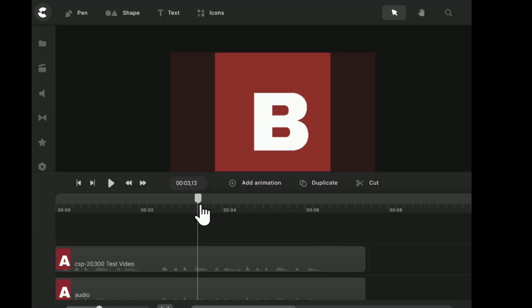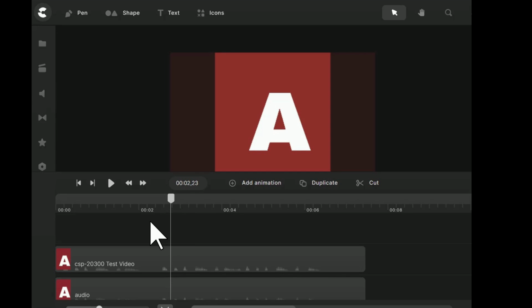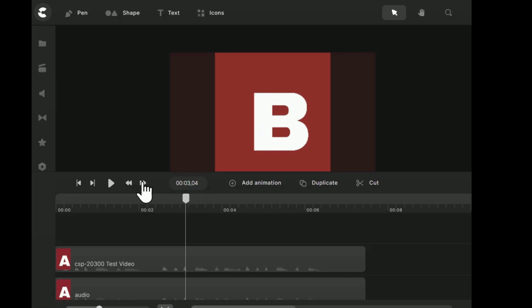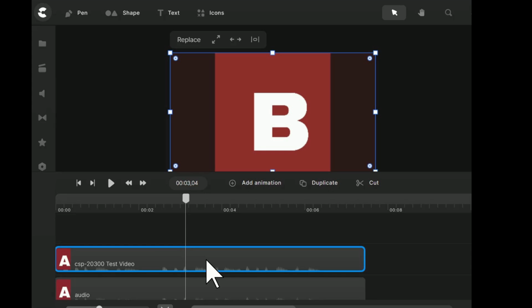So if we move it back just a little bit to where it becomes an A again, we can then use the double arrows to move a frame at a time until it becomes a B. As soon as it becomes a B, that is where we want to cut the tape to divide it into 3 parts for the A, B, and C. So we want to select the clip and just come up to cut. It is that simple. Now we can come over,